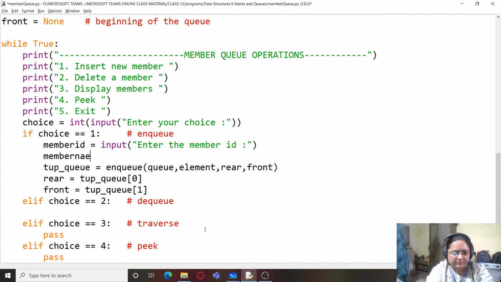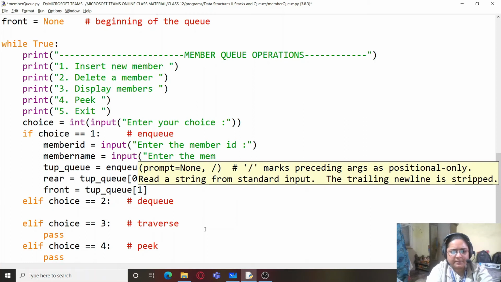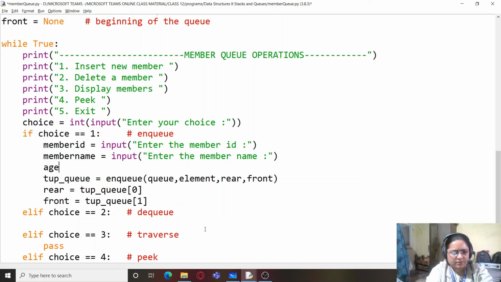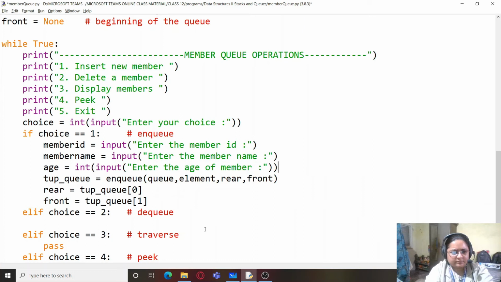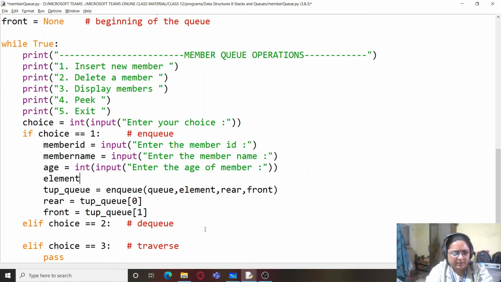Member name equals input, enter the member name, and age input, and write int input, enter the age of member, and I will write element equals